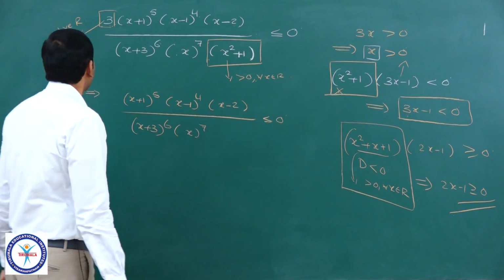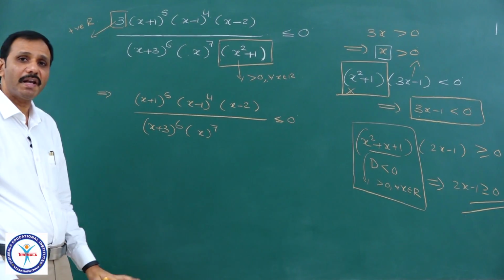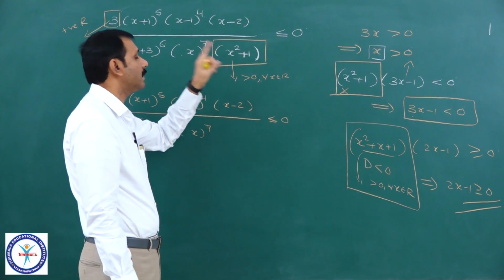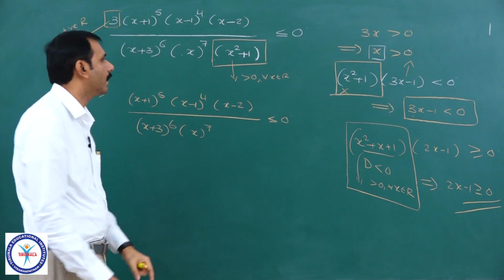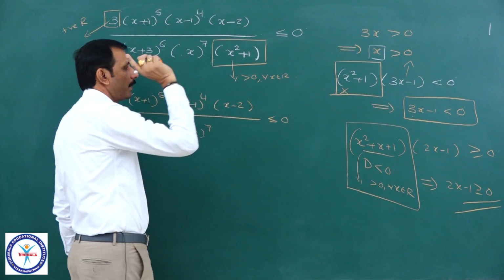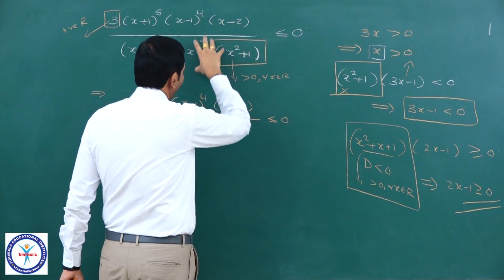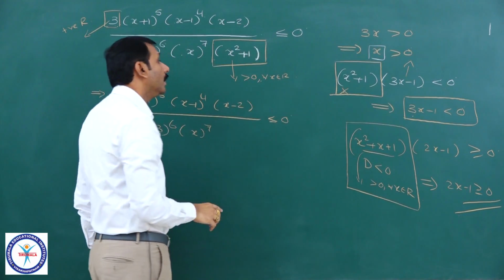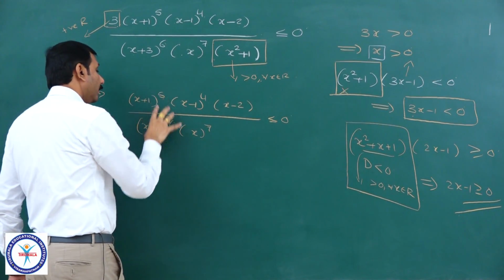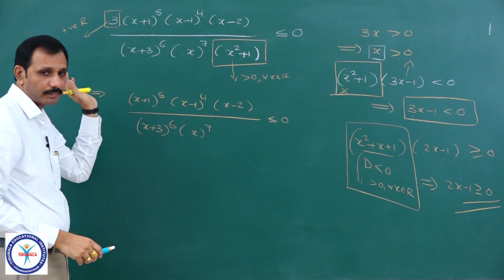Therefore, now here you see, 3 is there, it is always positive, that will not affect the sign of this one anywhere for any value of x. Even x² + 1 also, because positive and positive always positive only, whatever the value of x you take, this will not affect the sign of this expression. Therefore, values of x for which this total f(x) by g(x) less than or equal to 0 is nothing but finding the values of x where this is less than or equal to 0. Just I can ignore this x² + 1 and this 3.